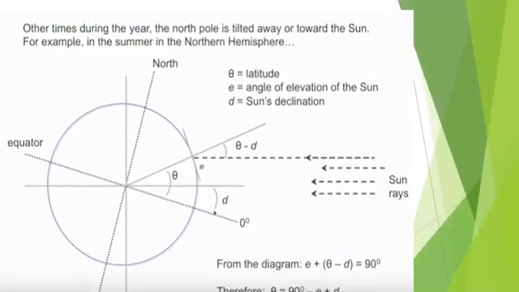You can see the north-south line, it is tilted. Even the equator line, it is not exactly horizontal, right? Yes. The same thing again, theta is nothing but the latitude of a place. What we are looking for is the angle of elevation of the sun. Now children, you know how to find out the angle of elevation.